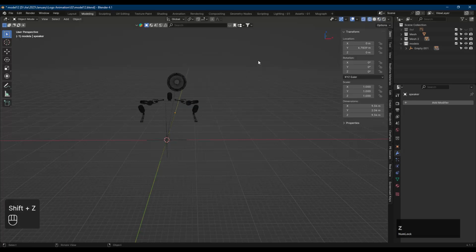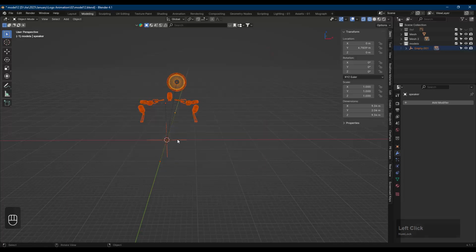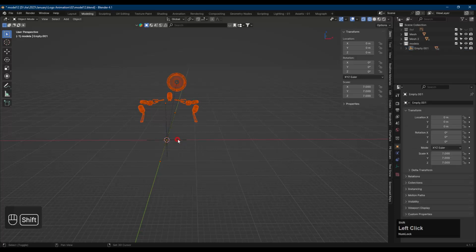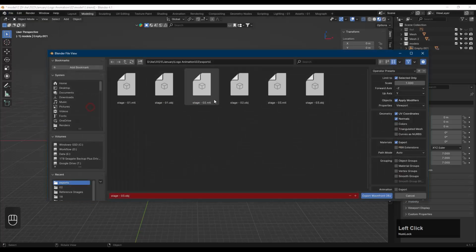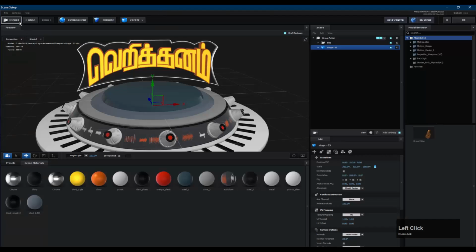Let's just go to Shift Z, select everything, and press Shift and deselect this one. Press Shift Z and then File, Export, and then Wavefront OBJ, and call this models. Let's call this and selected only. Let's press export. Let's go to element,